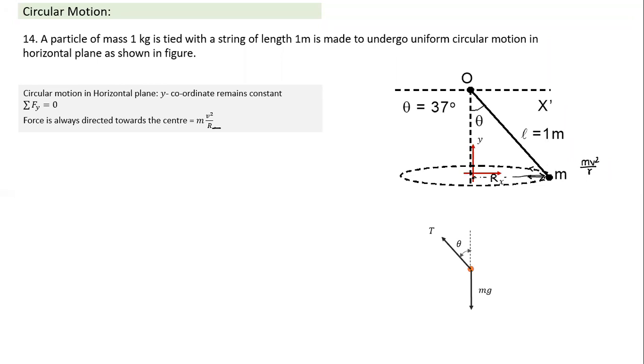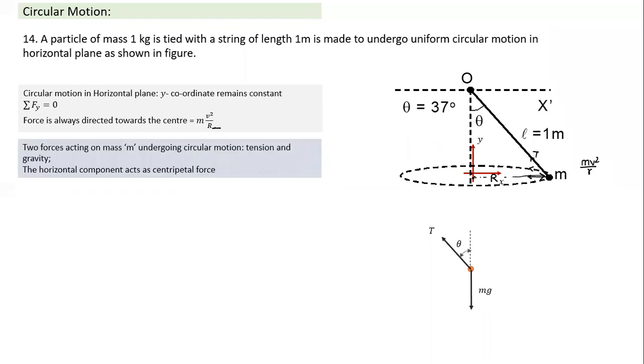So let me apply laws of motion. We have understood what the acceleration is. Now we need to make sure the forces meet that acceleration condition. What are the forces acting on the object? Two forces only: mg and the tension force. If the string makes angle theta from the vertical, that's why it is a conical pendulum. So tension also will make angle theta from the vertical. If I equate the forces in this case, what will happen? Summation of forces in the y component is 0, so T cos theta is equal to mg, or T is equal to mg by cos theta.